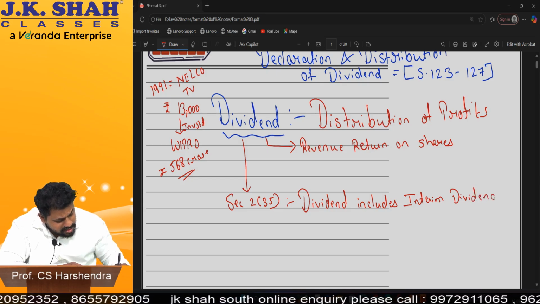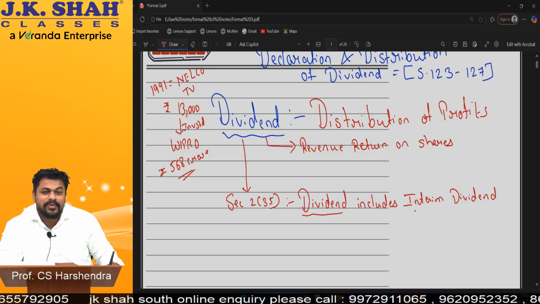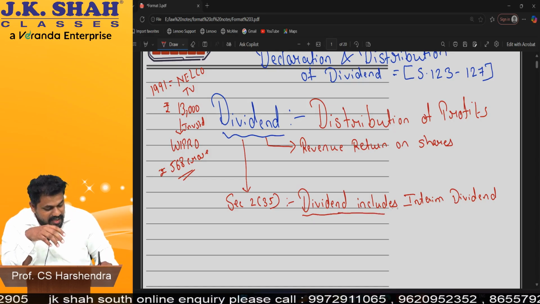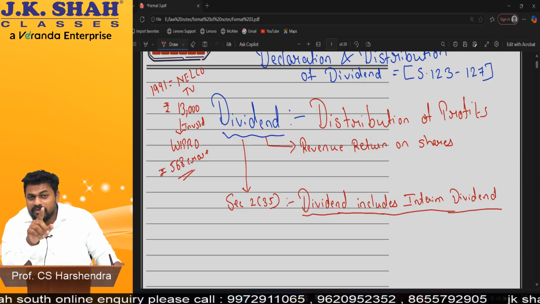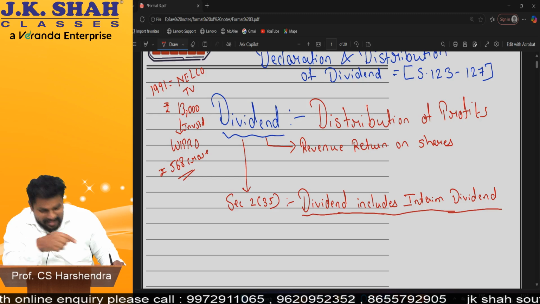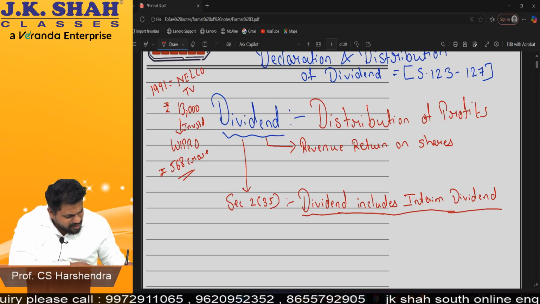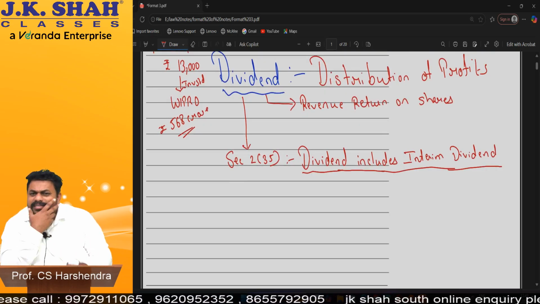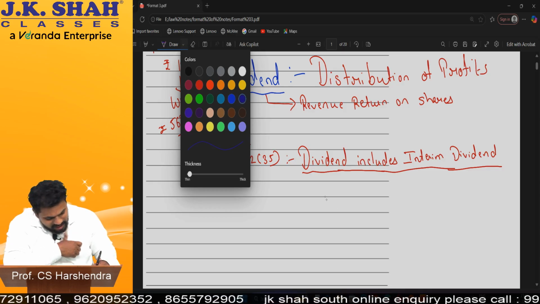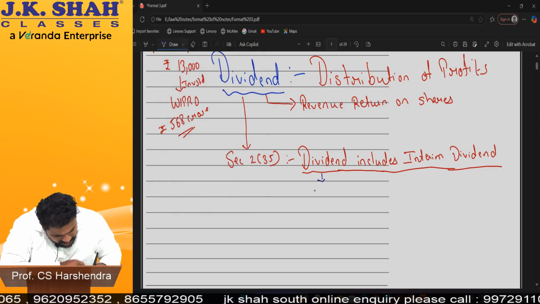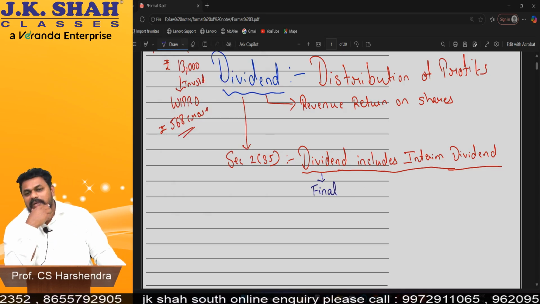Dividend includes interim dividend. Yes, sir, what is the definition? Do you remember I told in law, some lovers tell, what I speak everyone will understand, but I want a lover who can understand my silence. This definition is like this. Sir, dividend includes interim dividend. Sir, what does it mean? We didn't understand the definition, sir. So actually, what is it trying to tell now? What is the law trying to tell? It tells final dividend includes interim dividend.